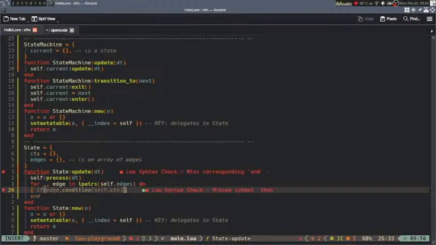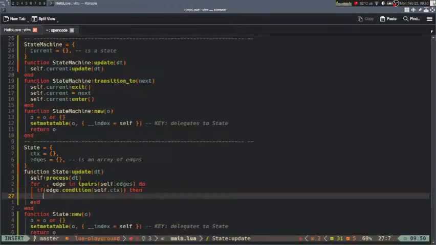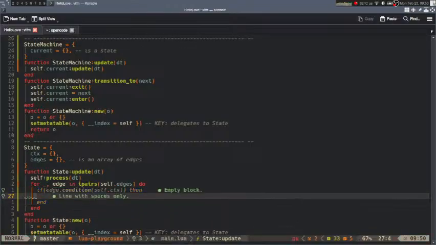Alright. So I can do that. And then what happens here is that I